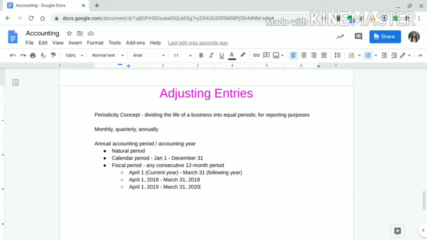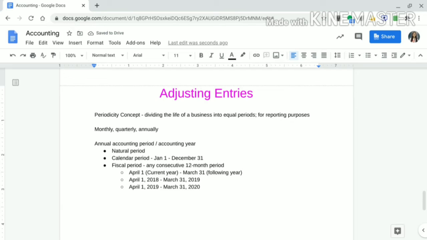Kasi as I mentioned earlier, it depends nga kay business kung calendar or fiscal period yung gagamitin niya. Okay? Pag sinabing annually, hindi automatic yon na December 31 agad yung end of the year. You have to check with the business kung anong accounting period yung kanyang ginagamit. But usually naman, majority of the businesses are just using calendar period for them to have more ease on filing, especially sa mga tax preparations, mga ganon. So, yan. So, that's the first concept that we have to review before we discuss the entire adjusting entry